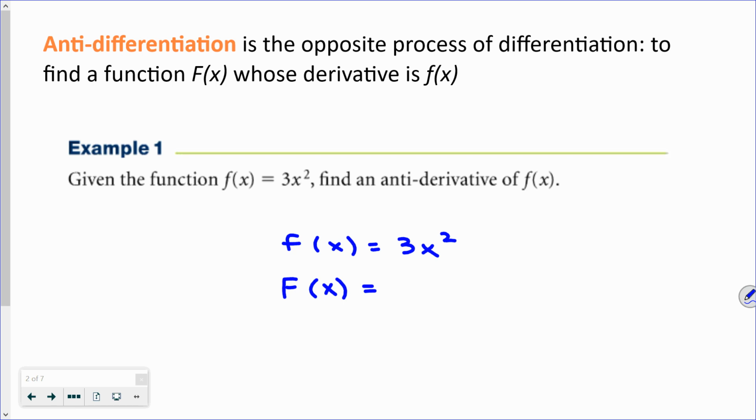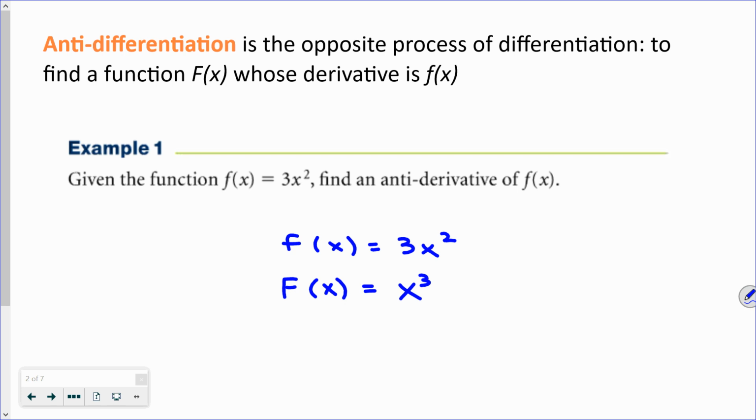So hopefully you remember about derivatives, the power rule, which is that whatever your function was, the power came down and it was reduced by 1. So for example, if your original function was x to the 5th, the derivative would be 5x to the 4th. The idea is that we're looking at this and we're trying to figure out what was the original function that produced 3x squared as the derivative. So hopefully you used that little example to figure out that this must have been x to the 3rd power, because when you do the derivative of that, the 3 comes down, the 3 reduces to a 2, and